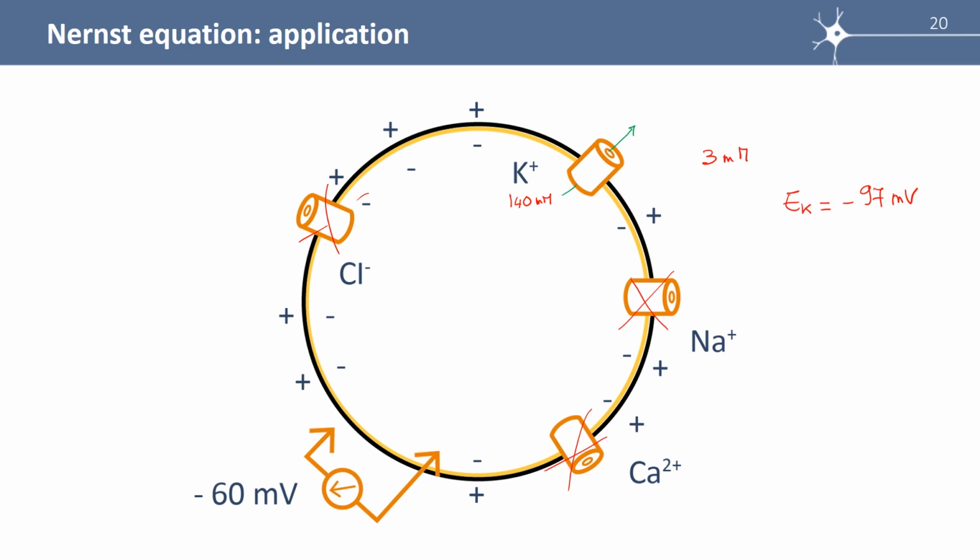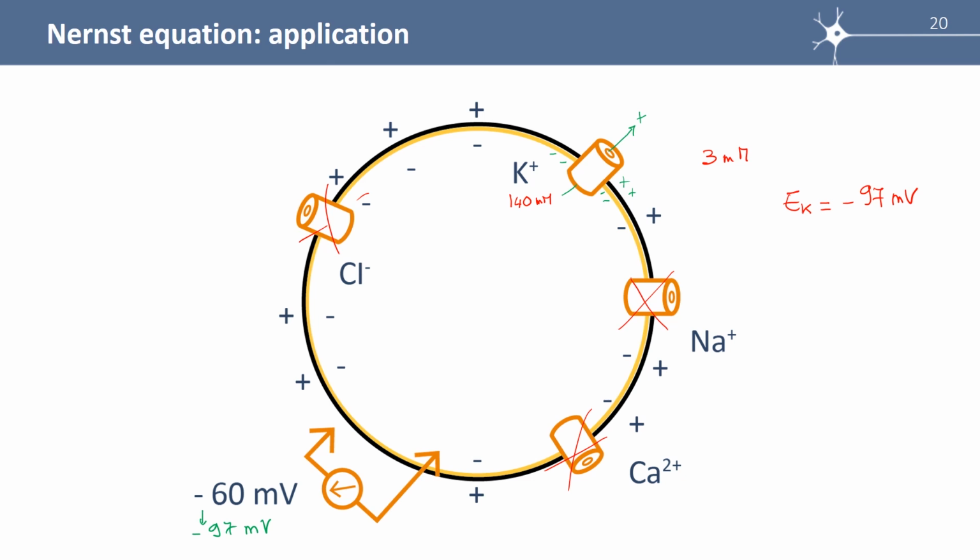Why? The exit of potassium ions hyperpolarizes the membrane. It makes it go from minus 60 to minus 97 millivolts. It's because potassium has a plus charge, so plus charges are leaving. So there is a deficit of plus charges, and we can write it as if you gain minus charges. So the inside of the membrane becomes more and more negative than the outside until this movement of potassium ions stops.